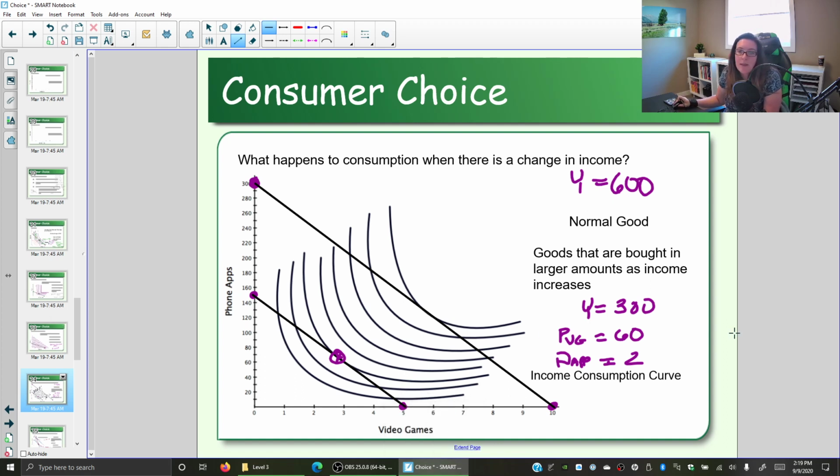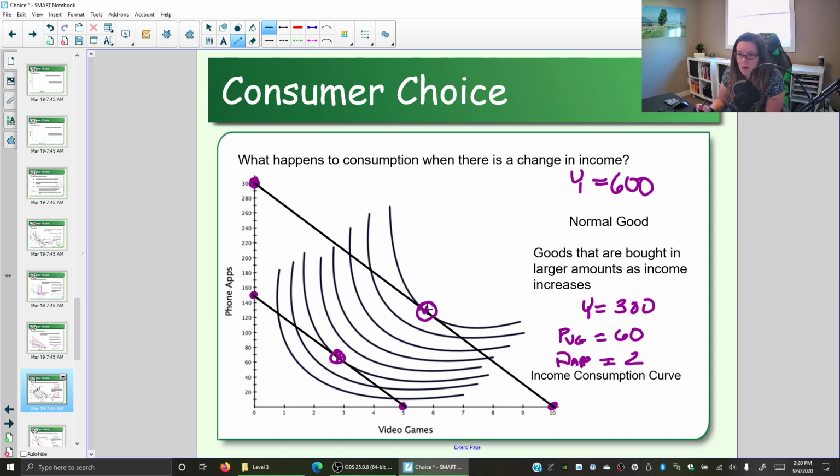So again, we can find the optimal consumption point, the point at which the marginal benefit equals the marginal cost, the point at which the opportunity cost, the slope of the budget line, is equal to the marginal rate of substitution, the slope of the indifference curve, where the lines are tangent. And we can see that here. So notice as our income increases, we can afford more video games and more apps. And since we like them both, represented by those higher indifference curves, we are willing and can afford it,